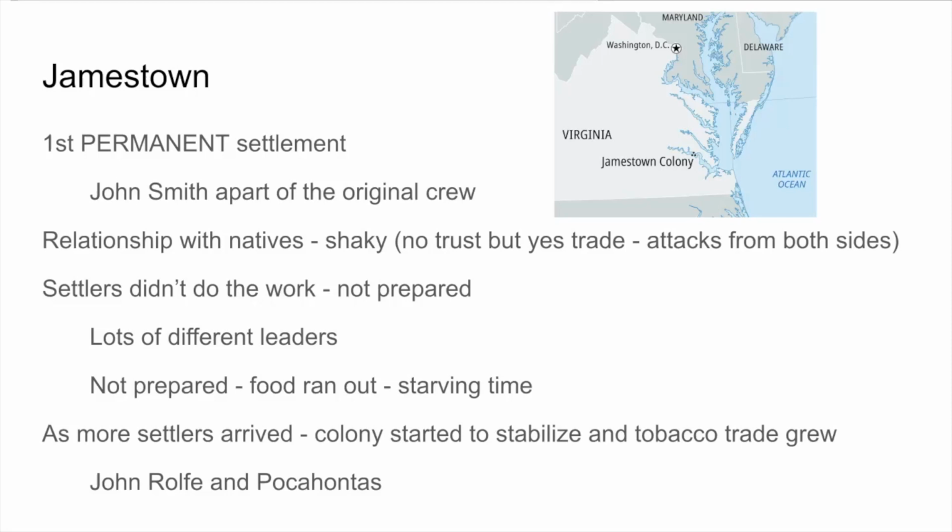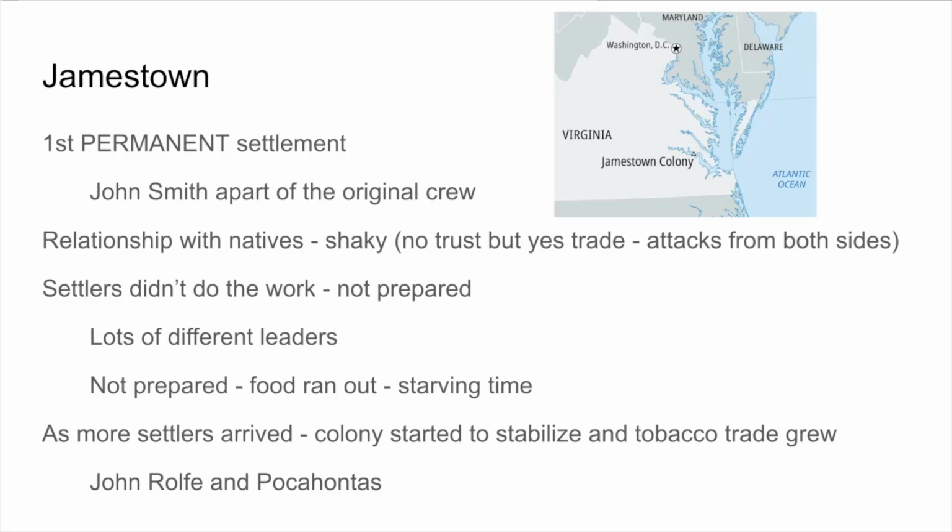The settlers who arrived in Jamestown didn't do the work. And I think that's kind of what started the shaky relationship off first: these settlers landed there. And that's the key thing. Settlers, not adventurers and thrill seekers, but eventually it was families, women, children, and men coming over. But that first group of settlers didn't do the work. They weren't prepared. They would rather just sit back and see the land. They didn't want to put in the hard labor that they needed to establish a colony.